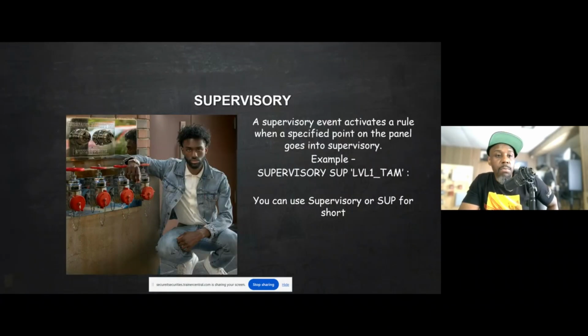And we also have supervisory. We could write supervisory rules where tamper switches do some things, or for whatever supervisory point the system sees, we could have an output activation. So if we press a switch, we can turn on a horn, or we could disable outputs. There are many different things we could do inside of the programmer.